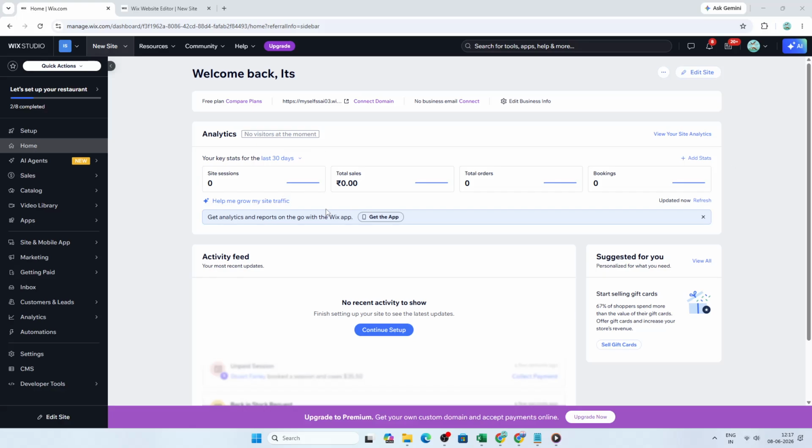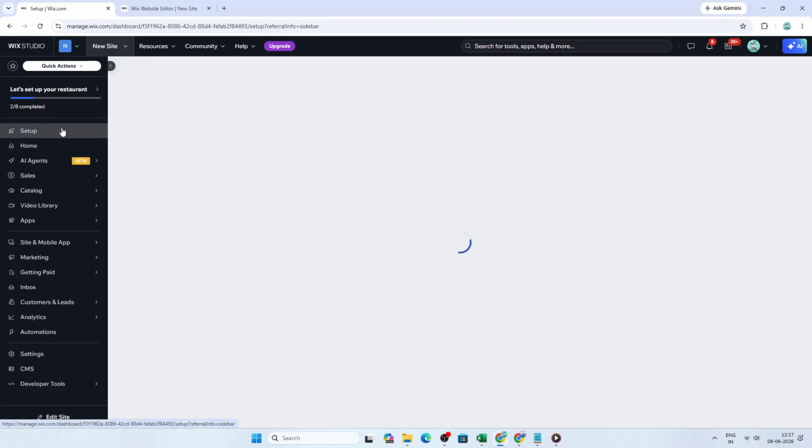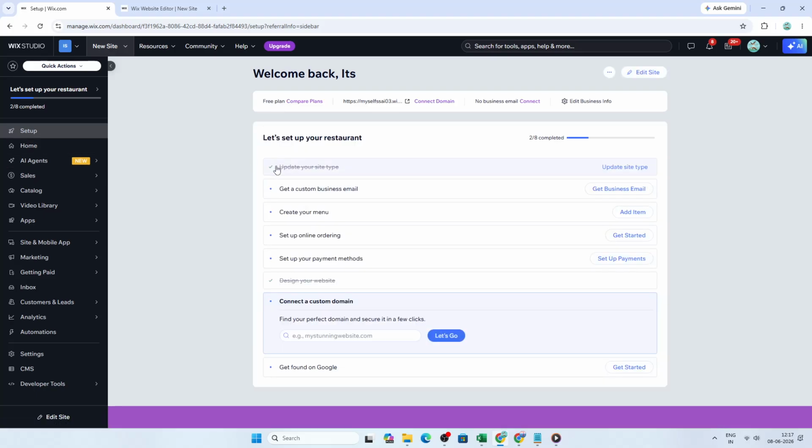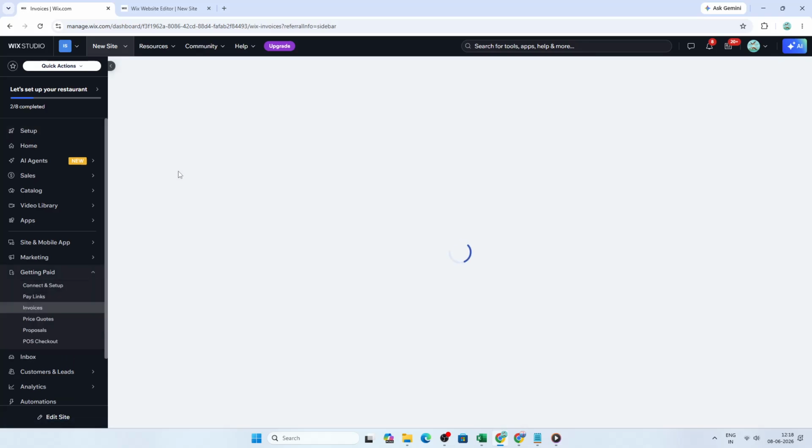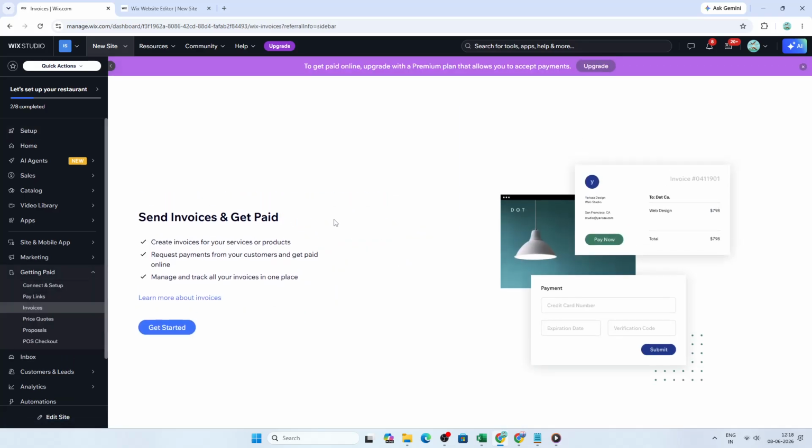In today's video, I'm going to teach you how to create invoices on Wix. To get started, log into your Wix account and open your site's dashboard. Once you are in, look over to the left-hand menu and click on Getting Paid. Then select Invoices. This is the section where Wix lets you create, manage, and send invoices directly from your website